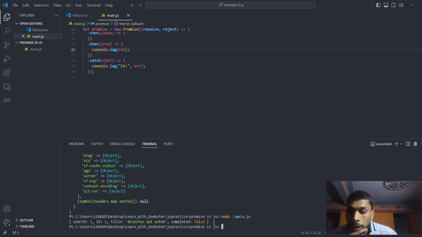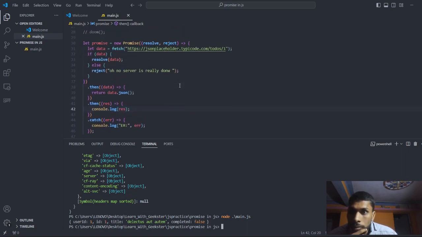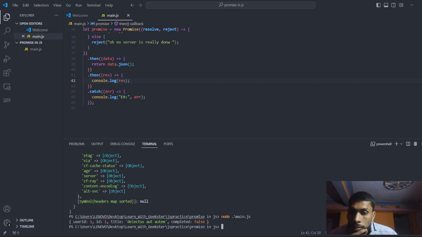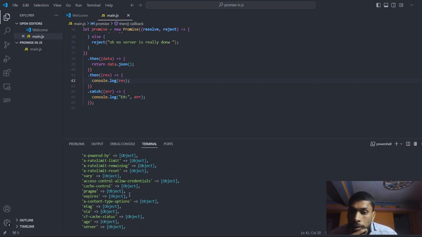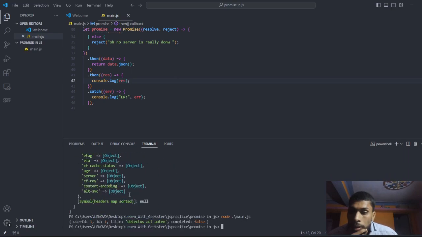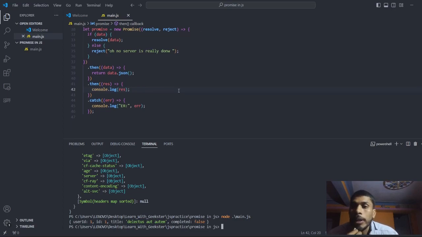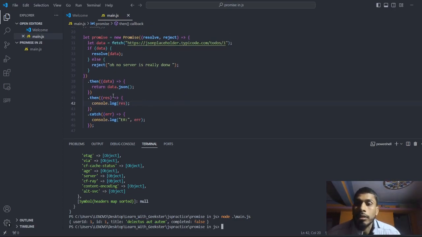Okay, now you got that particular thing, which is user ID. I've got this something. If I really want to return only something like that,